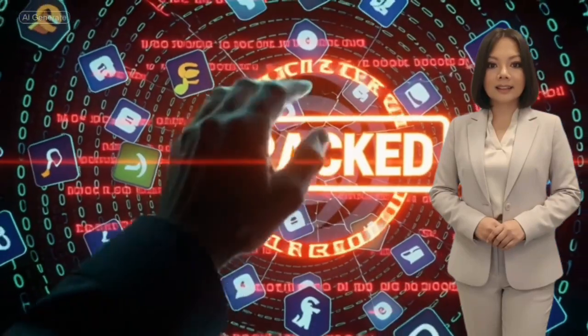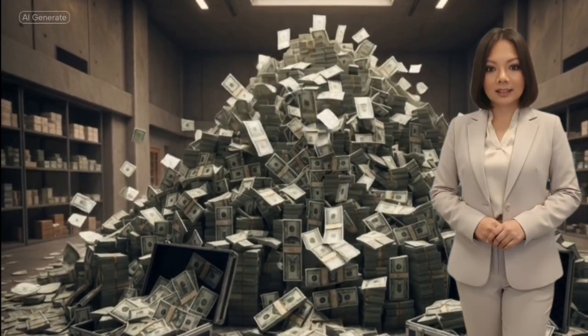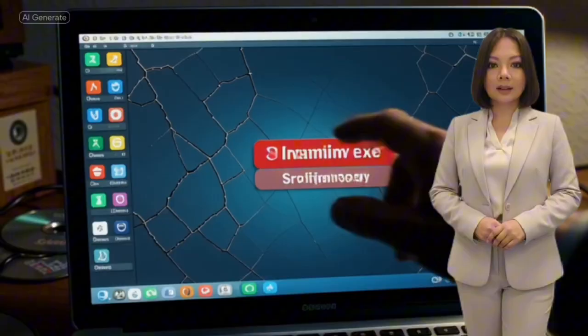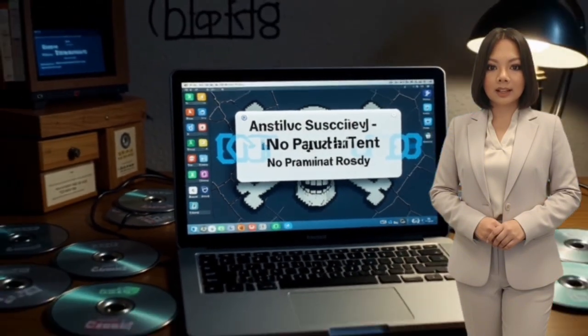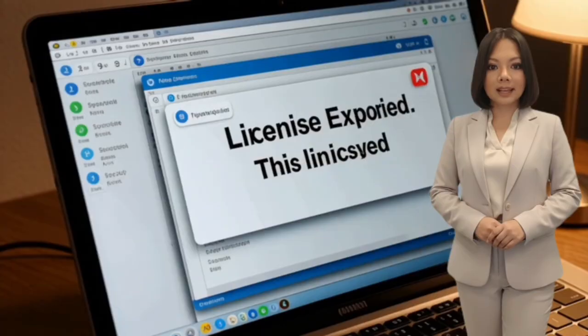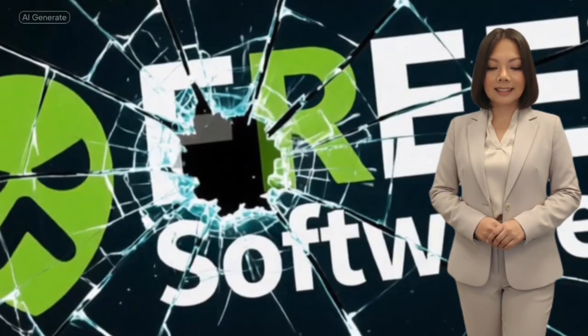Software piracy is still a major global problem. Around 37% of programs worldwide are unlicensed, causing billions in losses every year. Pirated software is a copy of a program that is shared or used without permission from the owner or company that made it. It is not legal and does not have a proper license.